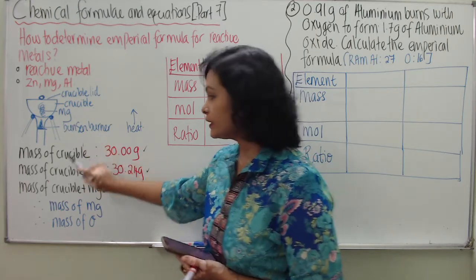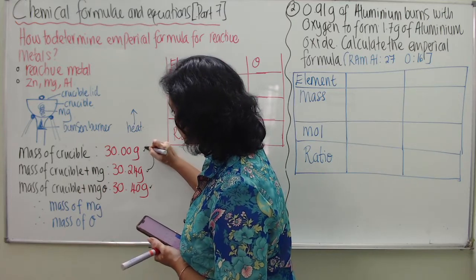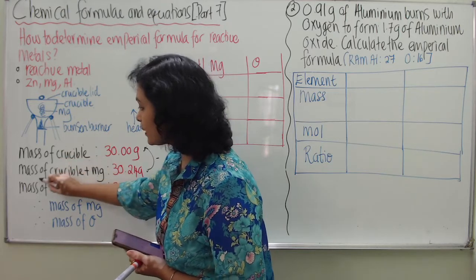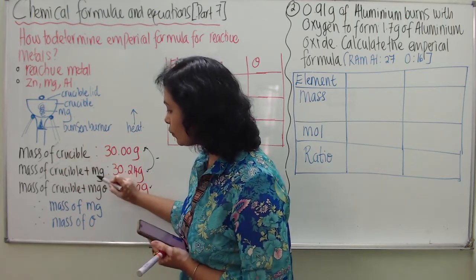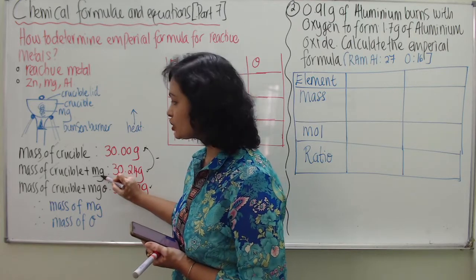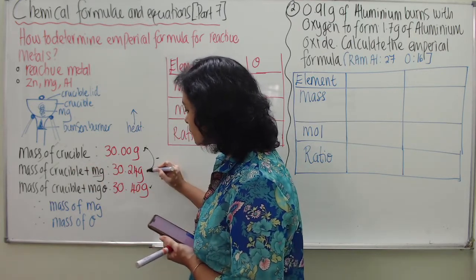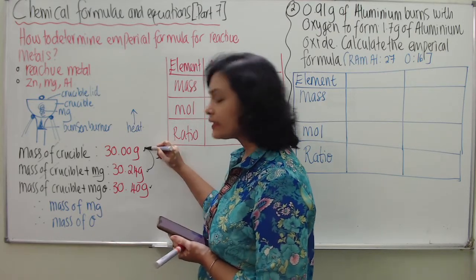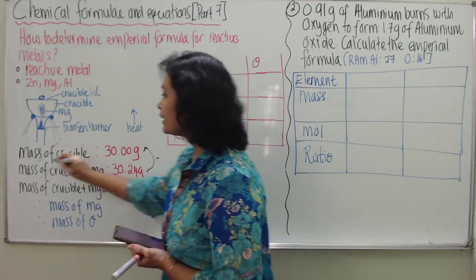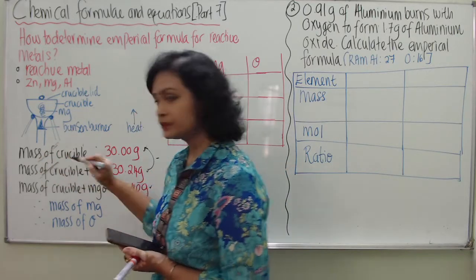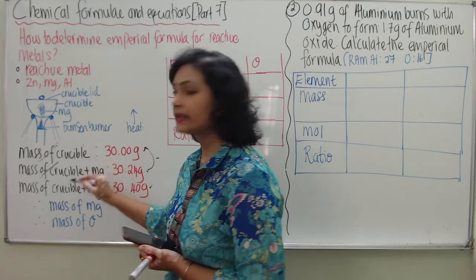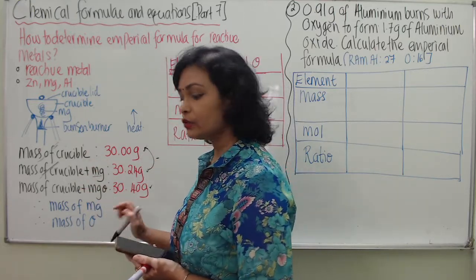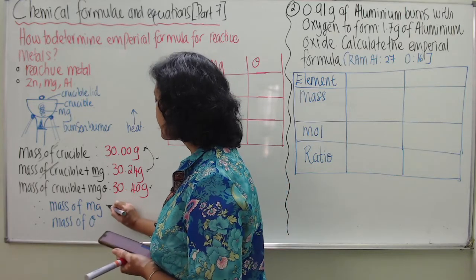Why? Technically, you minus this with this. When this minus this, can you see the mass of crucible gets cancelled and we only have magnesium. Teacher repeats: when students minus the mass of crucible and magnesium with only the mass of crucible, we assume that the mass of crucible is cancelled automatically. That is the reason why, if you calculate with your calculator, you will find that the mass of magnesium will be